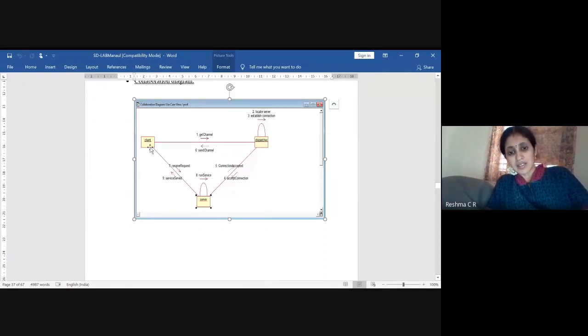Once the client receives the message that the channel is connected, then what happens? The client can directly request the server to run the service. Whatever task the client has requested, the server will run the service and reply back to the client. So this is how the collaboration diagram works.